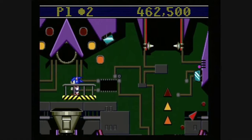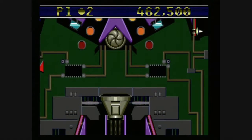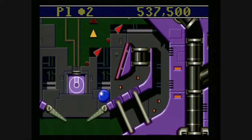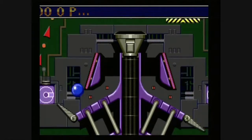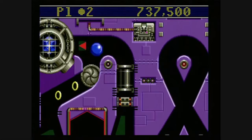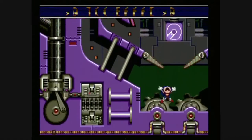Now, the good news is that if you think this looks cool, Sonic SPINBALL can be easily found on the internet for your Genesis, and it's also available in Sonic's Ultimate Genesis Collection from Sega, which is a terrific buy. So I've got to give a big Classic Game Room shout out and thank you all the way to Mohammed in Qatar for sending this to the show,